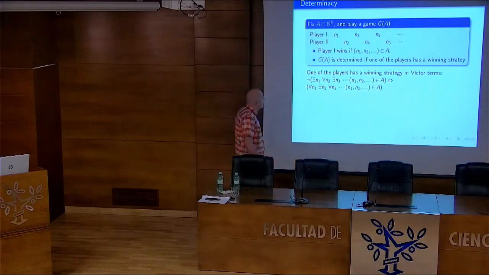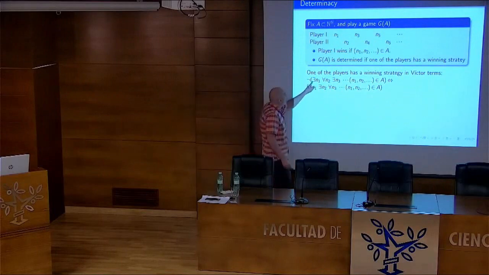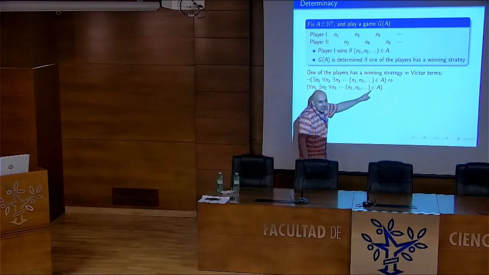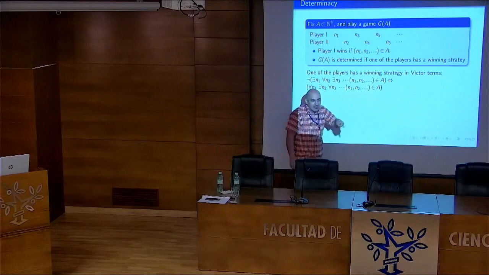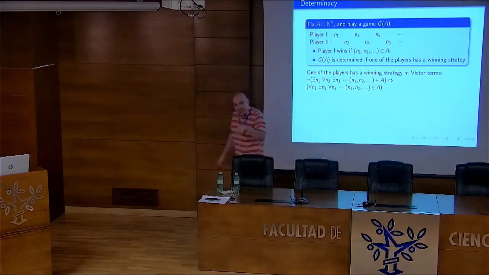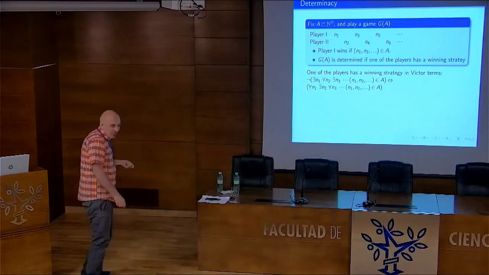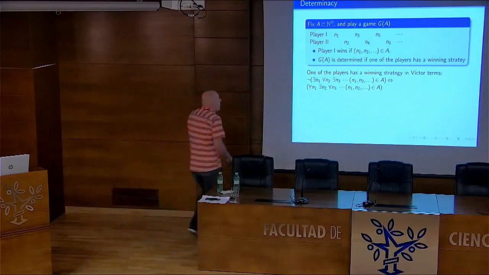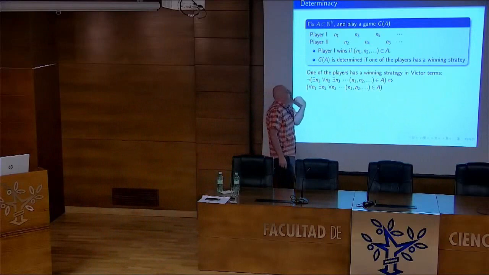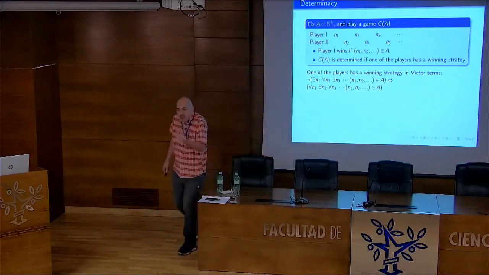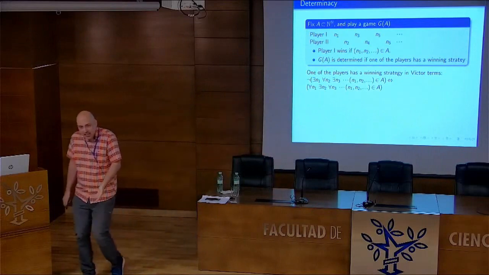And I'm saying that if player 1 doesn't have a winning strategy, then player 2 has. Here I fail already. Also, there is a negation missing here, because when you negate, you have to negate the last thing, but I forgot, okay? But you know the rules. So the statement that one of the players has a winning strategy is the statement that you can use negation rules in infinite sentences.